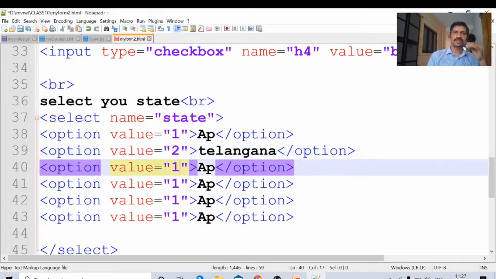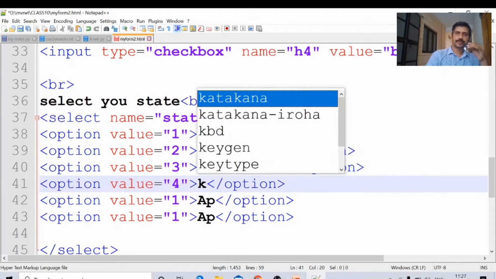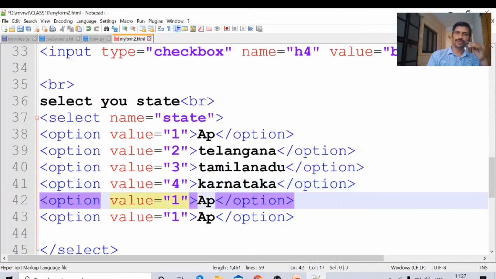Third one, Tamil Nadu. Fourth one, Karnataka. Fifth one, Delhi.